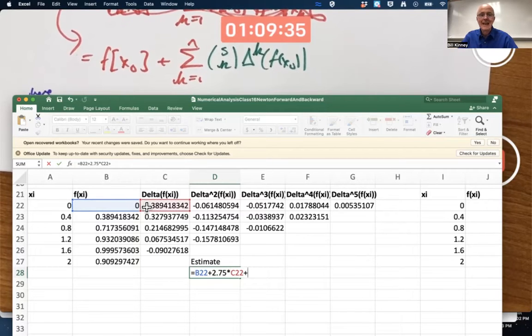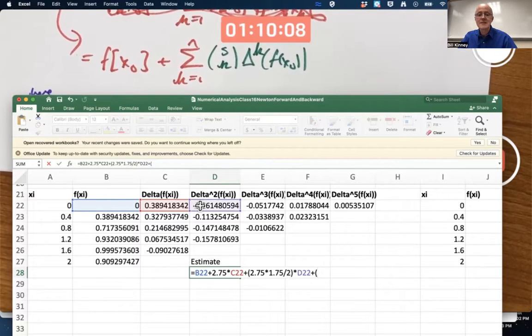Plus S choose 2. 2.75 times 1.75 divided by 2 factorial, times the delta squared operator applied to f of x0. Yeah, I think only time for forward difference. I was excited that maybe I could do this quicker, but